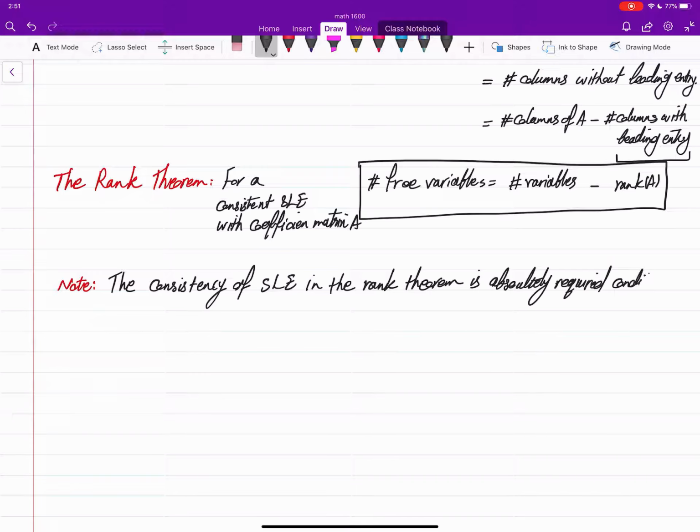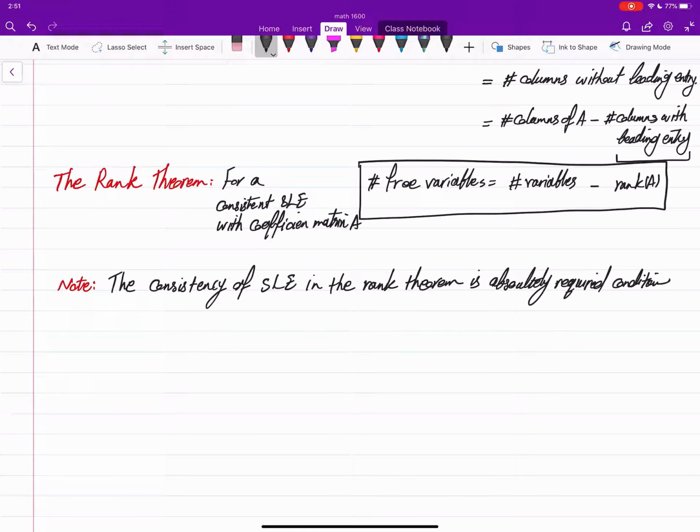It means that you cannot say anything about the relation between the free variables and so on if you don't know whether the matrix is consistent or not. Okay, and when this comes in, then you always have this extra condition you have to check,